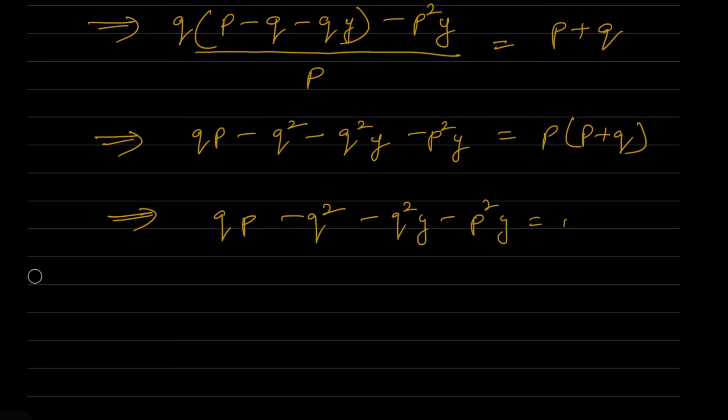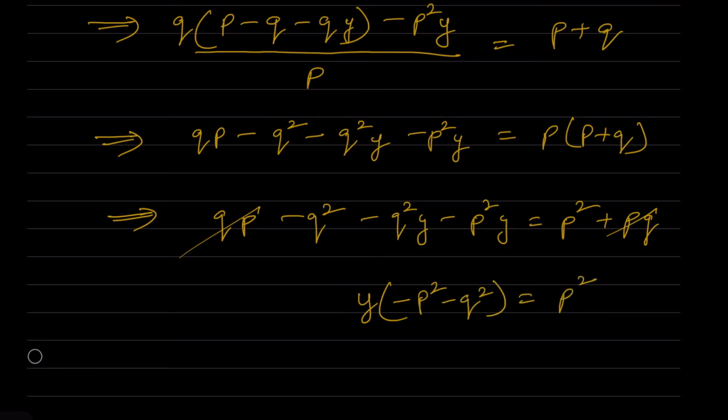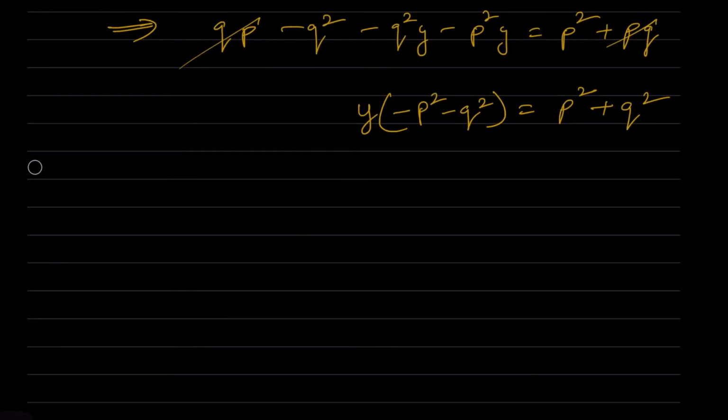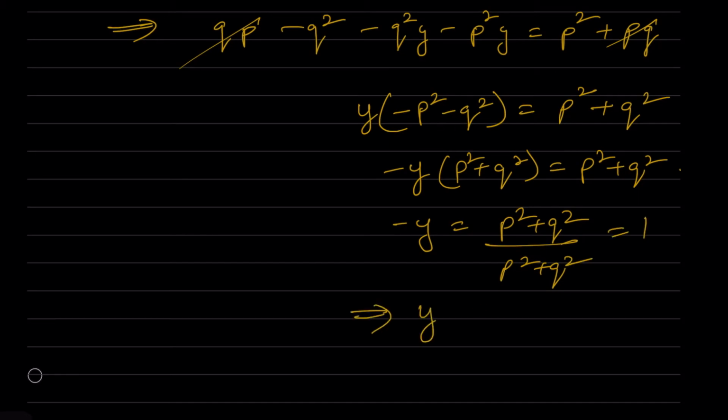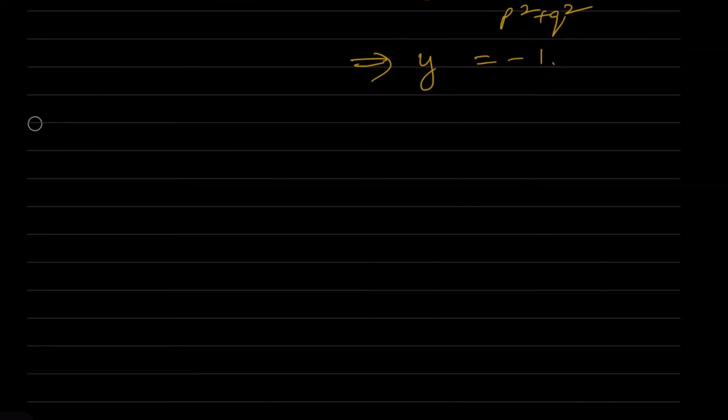and we try to cancel out whichever are the similar terms on both the sides. So pq are the similar terms. So now we can write this as y into minus p square minus q square is equal to p square plus q square if you take q square the other side. So now you can take out minus y common. So p square plus q square is equal to p square plus q square, or minus y is equal to p square plus q square by p square plus q square. So you can cancel out, it becomes 1,